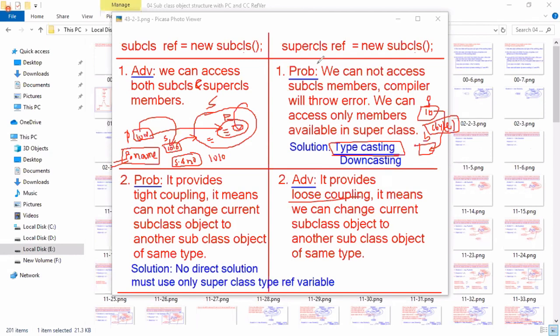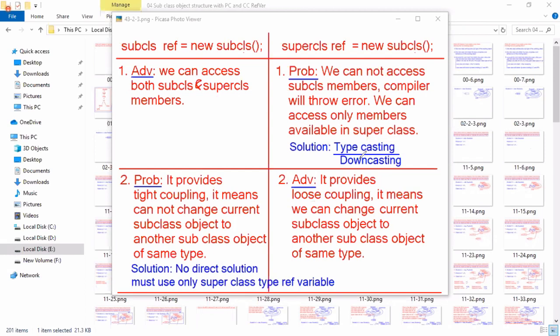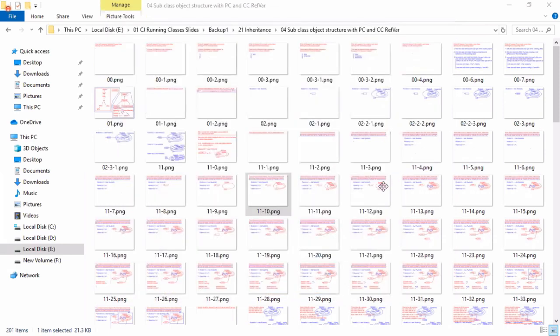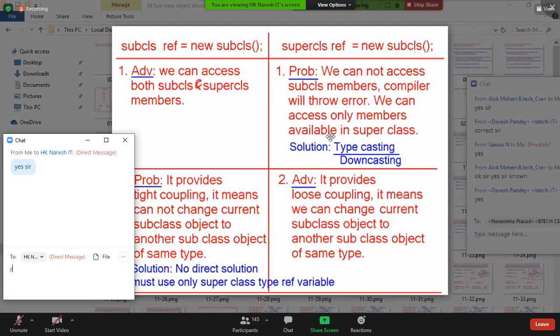So for a superclass reference variable, we have a solution. Which is the best approach? Storing the subclass object reference in a superclass variable is the best approach. And further, if you want to access subclass-specific members, you have to go for typecasting. Hope you all understand this point. This is a compulsory interview question. Okay, fine, now moving to the next point.